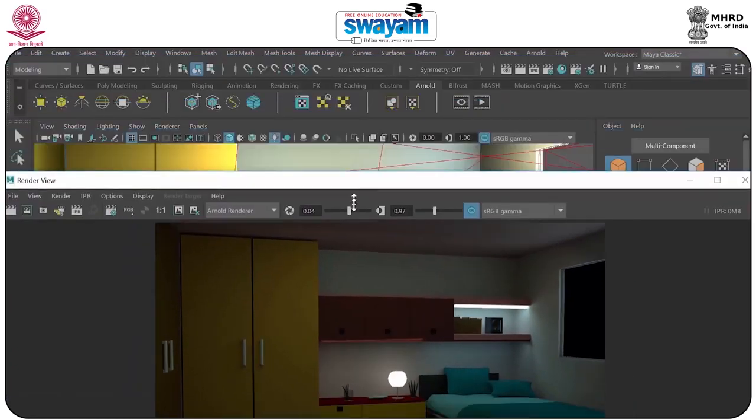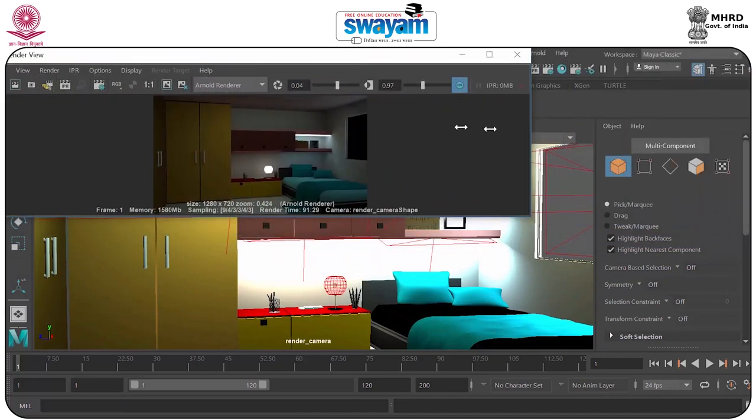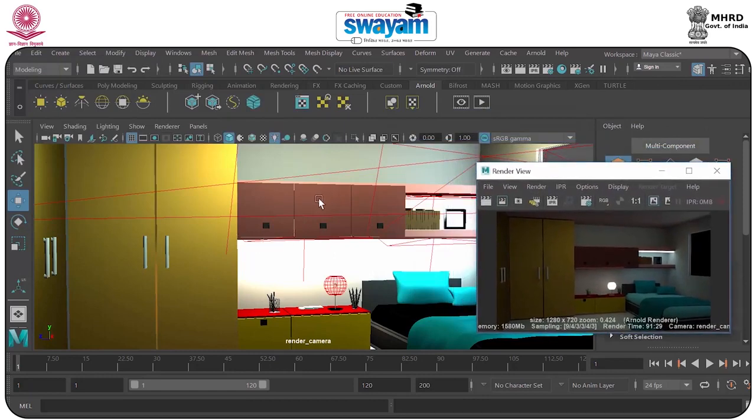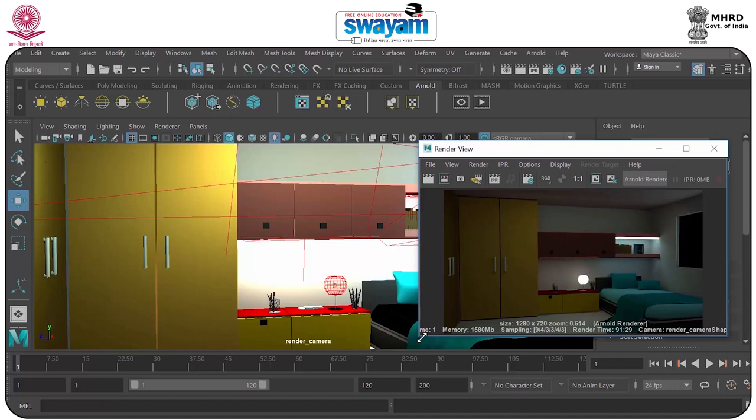As we have discussed, it's very different as compared to your render screen. So it's not possible to show everything in render, otherwise your system will not run smoothly. So whatever you want to do, just go to wireframe mode and do all the things, and after that if you're satisfied with your result, just go to the render view and put values that are not so high. And one more thing is that